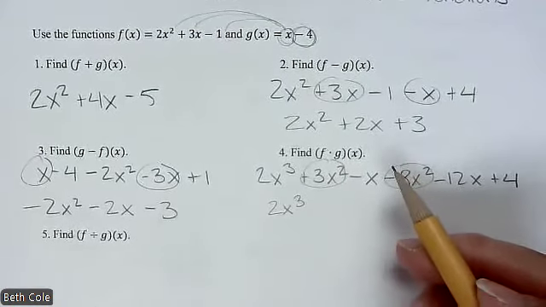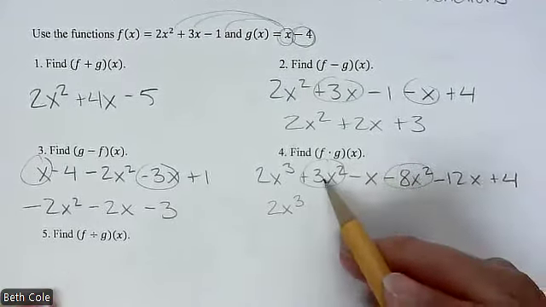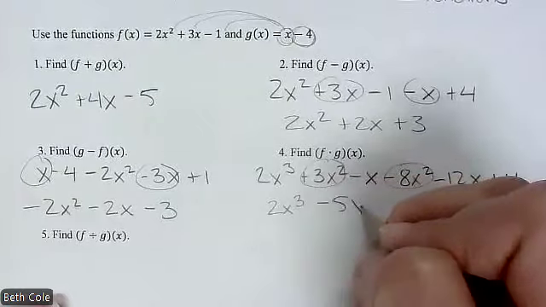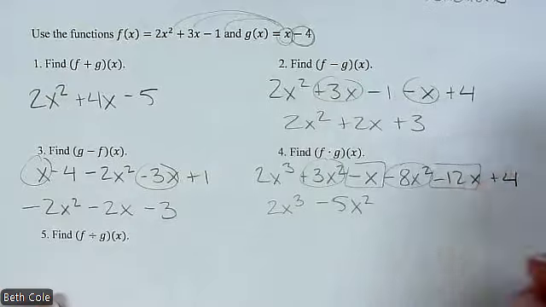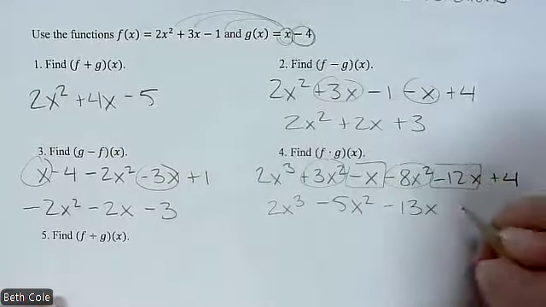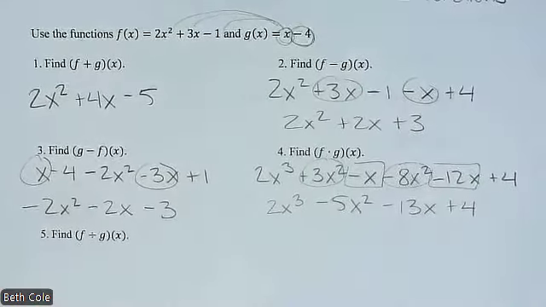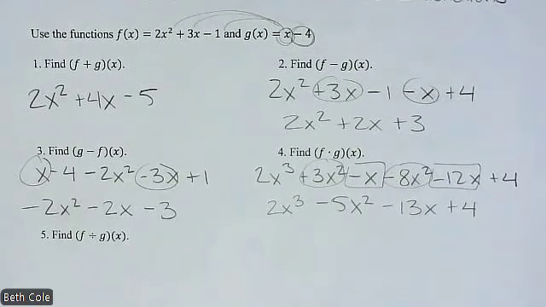But if you put them together, yeah, minus 5x squared. Good, and then minus 13x plus 4. Again, this isn't hard. It's just tedious, and you have to watch your negative signs and be careful because there's a lot of things there. All right, and then